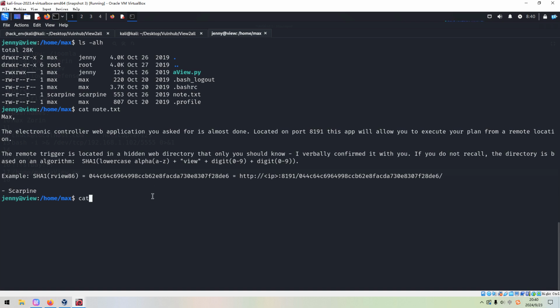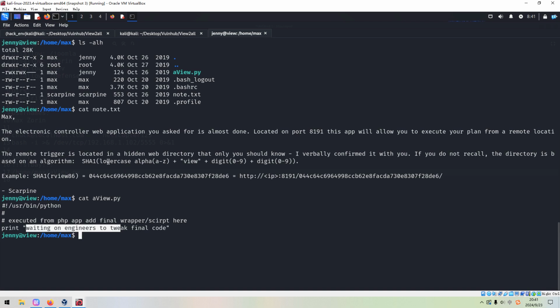Before we do that, I'd like to get out the view. And even the current user, Jenny, has permission to modify this Python script. So printing, waiting on engineer to trigger final code. Interesting.